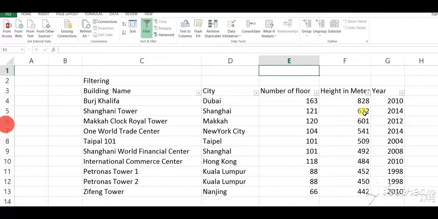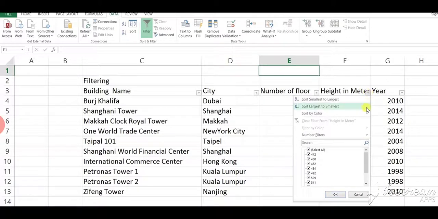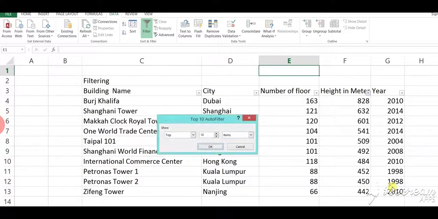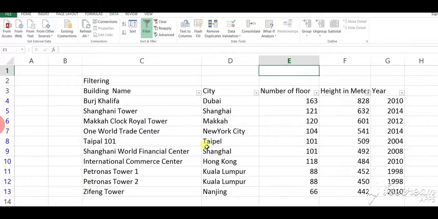Now next one is, we can also find a record on the base of height. We can set the criteria top 10 record. So in this we can find out the top 10 records of the highest height in meters. See, in this way we can also filter the record.